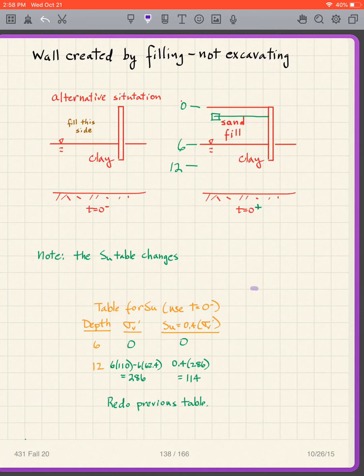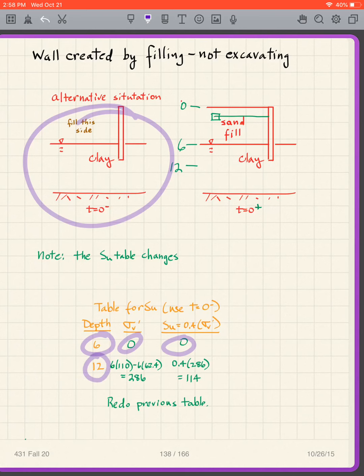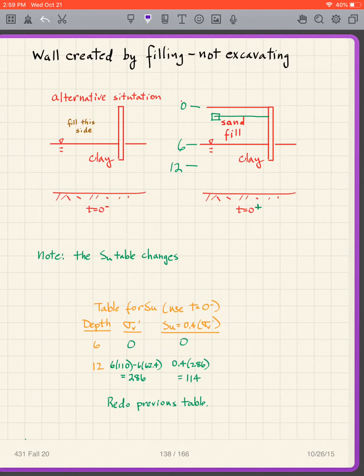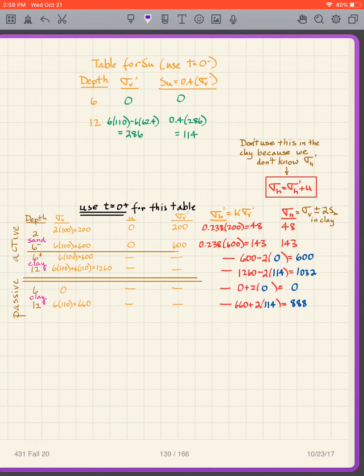So I end up with an SU. So when I figure out, using my SU over sigma prime v, in this case is given as 0.4, well, what's my sigma v prime? When I look at this picture, my sigma v prime at 6 is 0. So my SU is 0. At 12, it's only 286, which means my SU is only 114. So I had to come up with a different table of the SUs. And now when I do my calculation, now what happens? Well, the sand stays the same. Luckily, the sand stays the same. But the clay changes. And so I have to use these two strengths, those two SUs. So I put a 0 in and a 114. 0, 114. And my stresses are now,